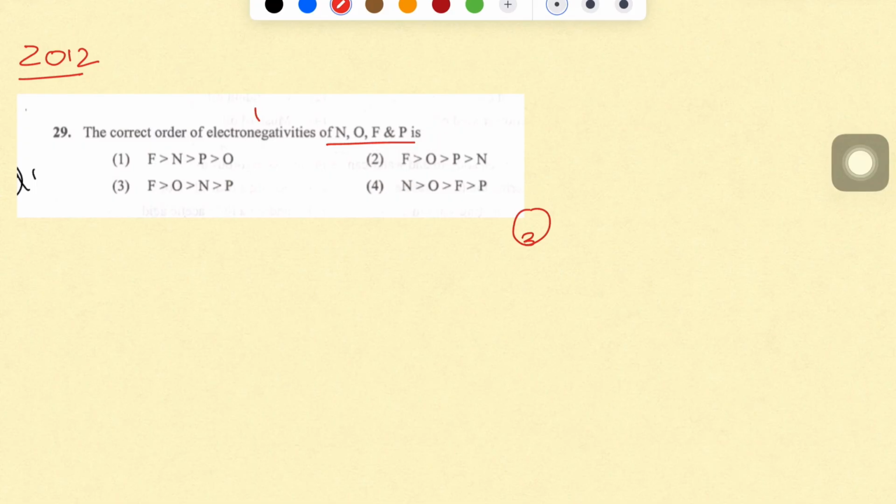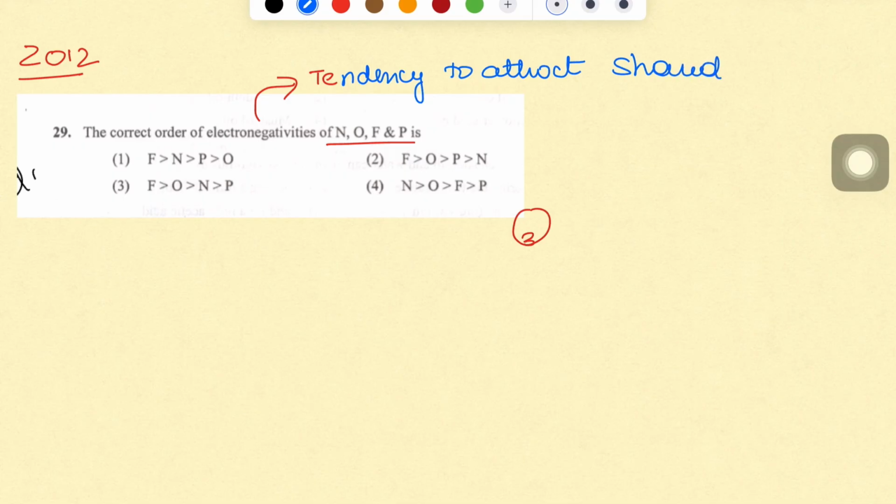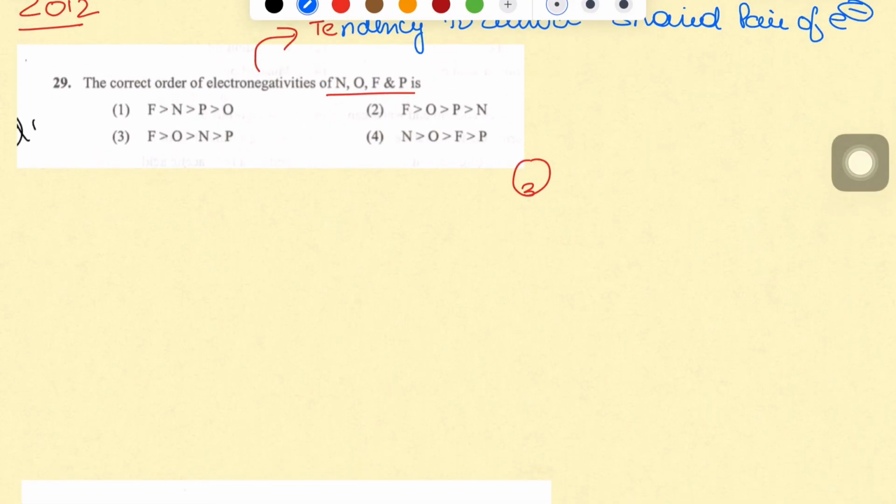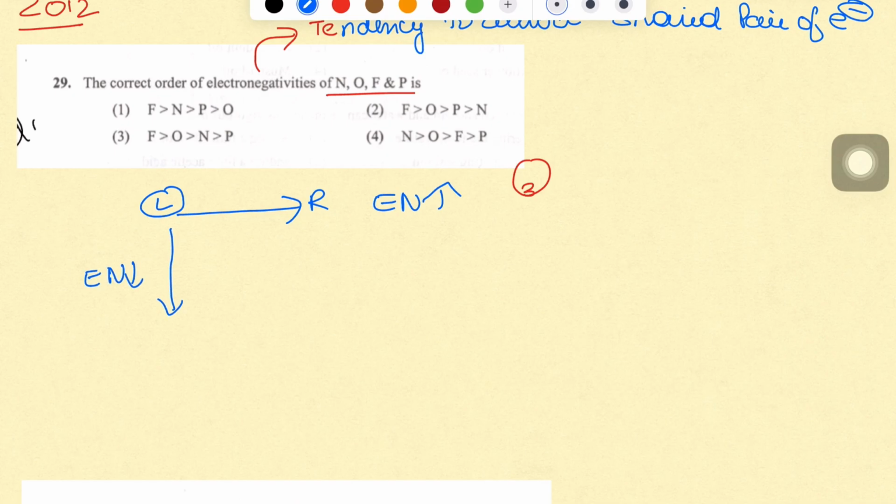Electronegativity. What is electronegativity? Tendency to attract the shared pair of electrons. How much a nucleus has the tendency to attract the electrons. If you move from left to right in the period, the electronegativity increases, and down the group electronegativity decreases. And if you see here the elements that they have given, carbon, nitrogen, oxygen, fluorine, and